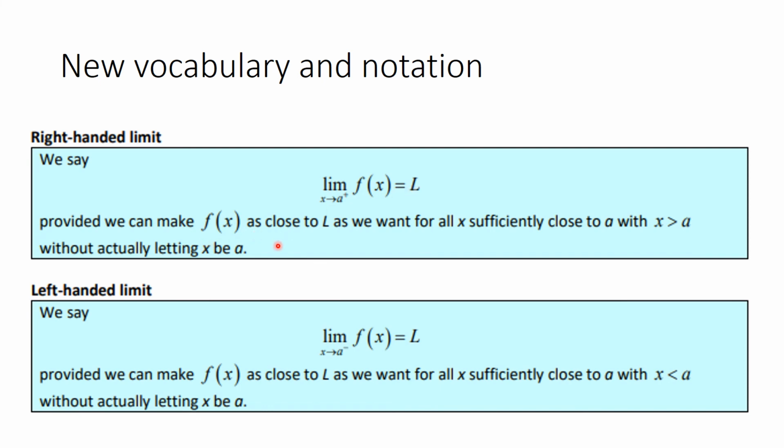If we can make f of x as close to L as we want for all x sufficiently close to a with x greater than a. And we have a left-handed limit. Similarly, we say the limit as x tends to a from the left. The exponent here is minus, so we're coming from the left, of f of x equal L if, and it's the same kind of words, but for x less than